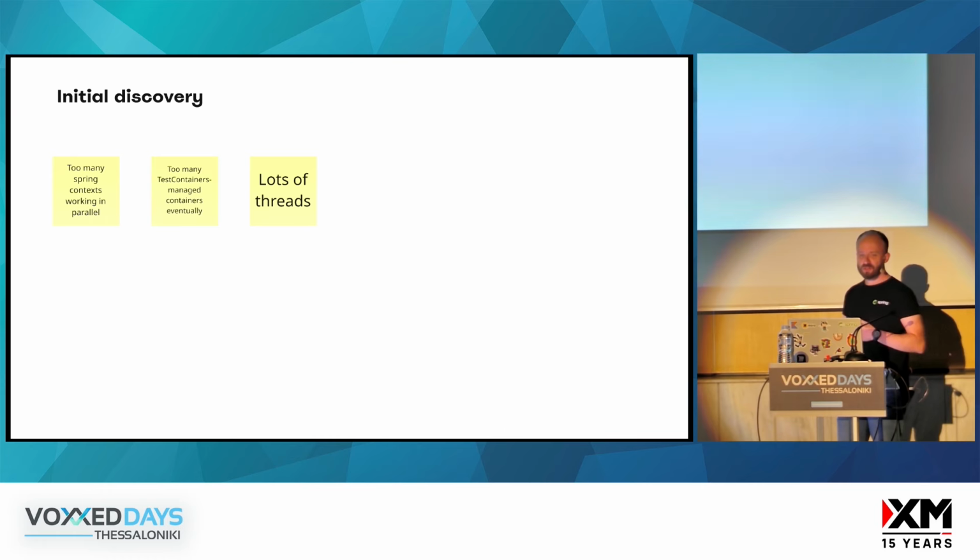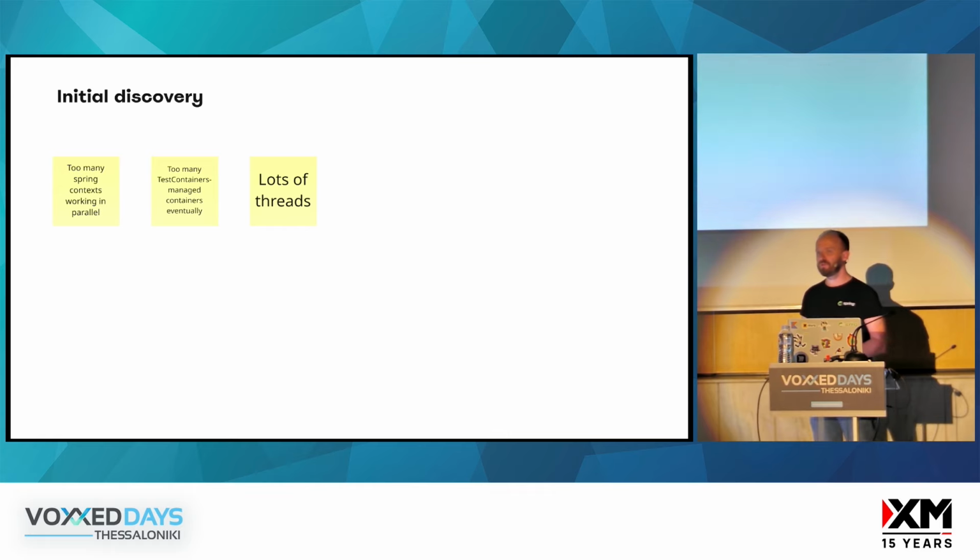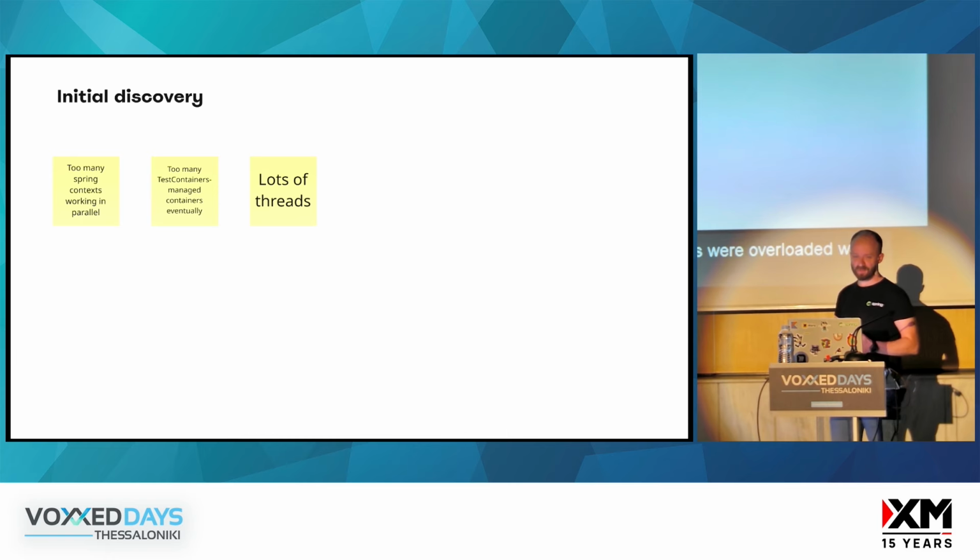Initial discovery showed that the root cause of the problem is that eventually, in the runtime, there are several Spring contexts working simultaneously. For this reason we had many active beans, which sometimes were heavyweight, for example, Docker containers. We had lots of thread pools which were active, and as a result, our Docker environments were overloaded, and our logs were overloaded with random exceptions, etc. So